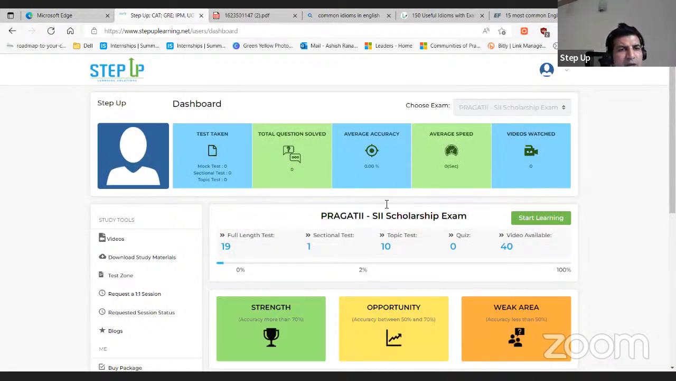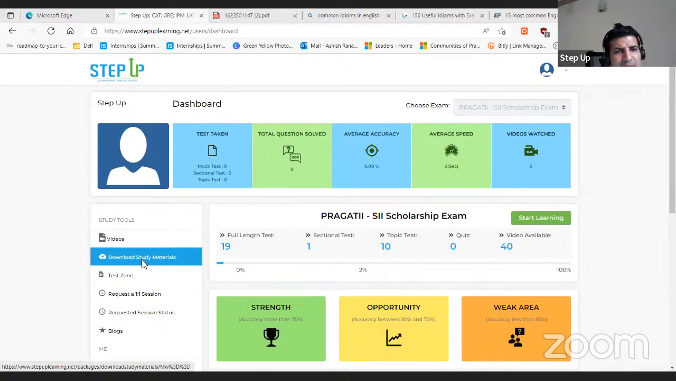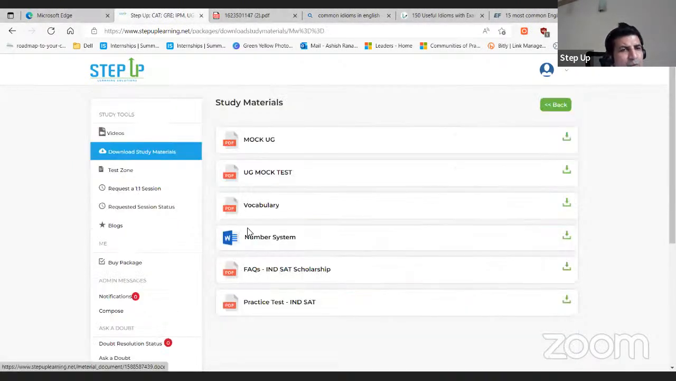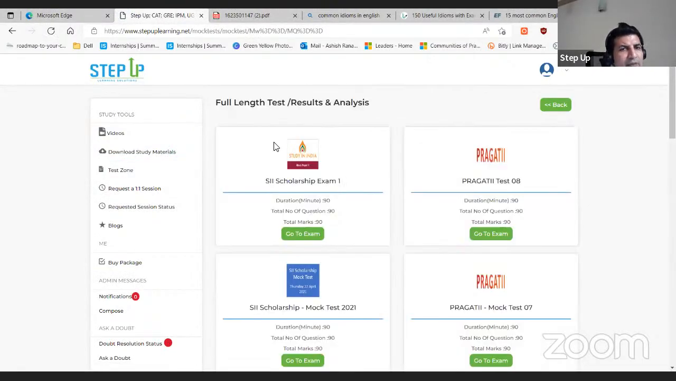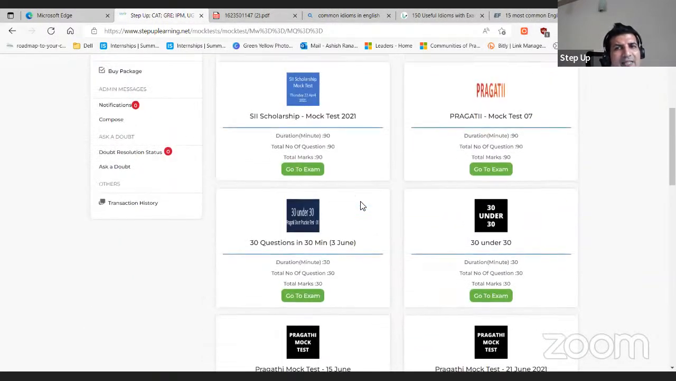And then this talks about the different things that you have. There are full length tests, there are topic wise tests, there are videos available. You can also download study material, right? Something if you would like. Otherwise, go to the test zone. In the test zone, if you come here, you can take the SII Scholarship Exam 1, okay? Or for example, you can take, let's say, the